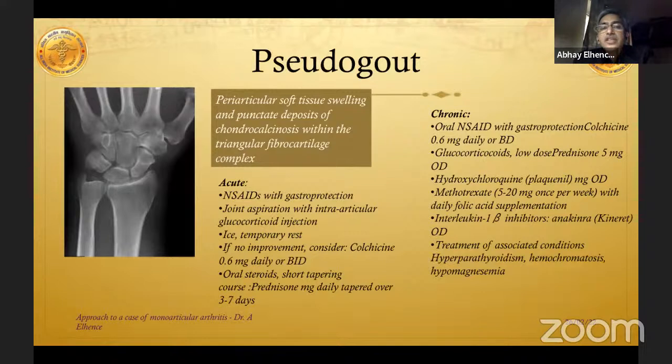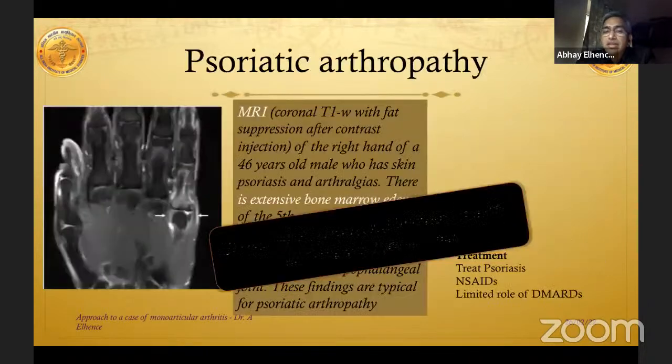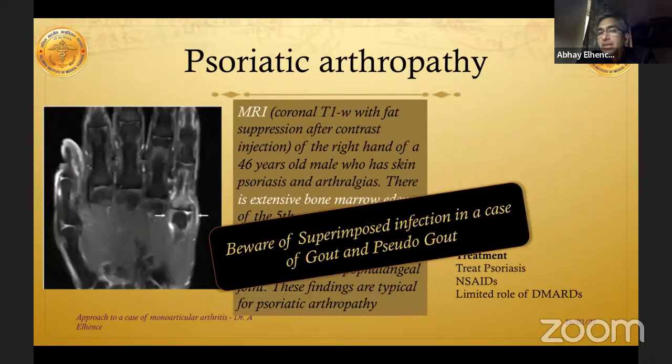In a pseudo-gouty condition, the important thing is periarticular involvement and a soft tissue swelling, as well as punctate deposits of chondrocalcinosis within the triangular fibrocartilaginous complex. But the most important thing that we need to understand is that an infection can be superimposed in cases of both gout and pseudo-gout, and suddenly